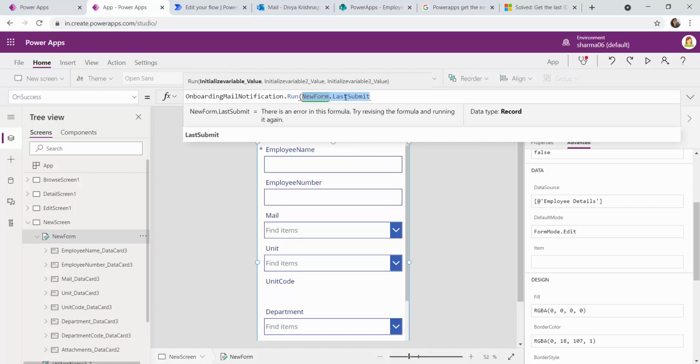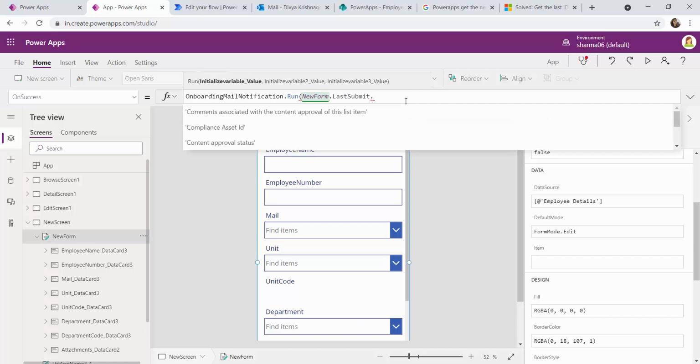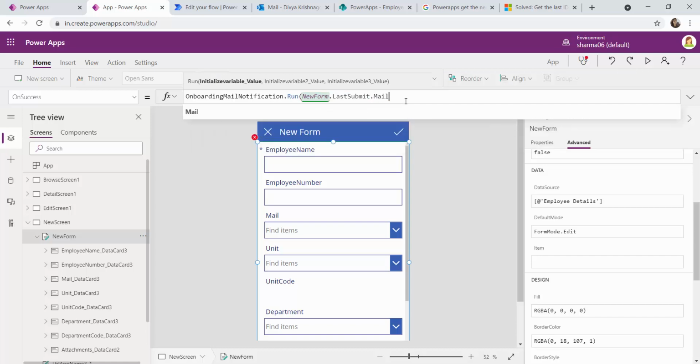This LastSubmit option is available for any form, be it the edit form or new form. So you will be able to retrieve the last submitted data from any form. From here, I want to fetch the mail information. As I told you, it is a people picker column in my list.